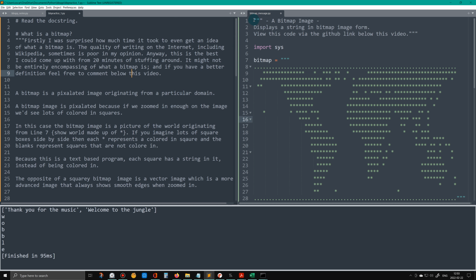So up the top we have a doc string, and it says a bitmap image. Displays a string in bitmap image form. By the way, you can view this code via the GitHub link. It's my GitHub link. That's below this video. But the program runs